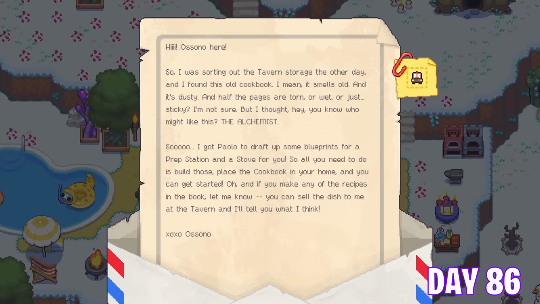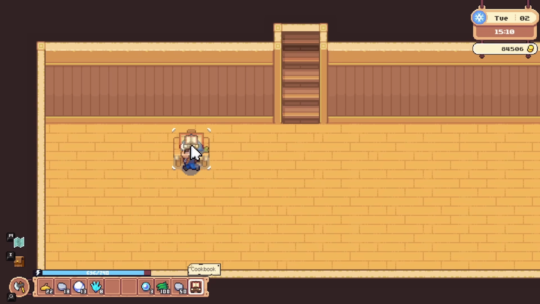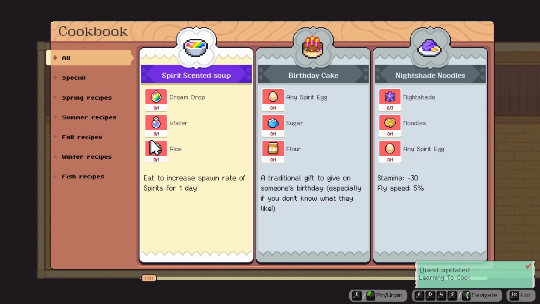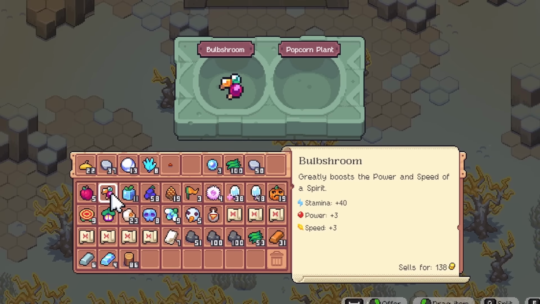Osono sent over the cookbook recipe, and I can't wait to flex my cooking skills in-game. Since I'd spent so much time decorating my existing rooms, the newly added basement will be perfect for my kitchen. I still have to collect the ingredients to craft the cookbook itself, so I headed to